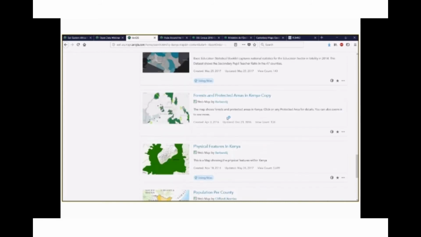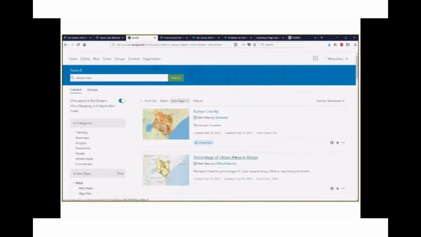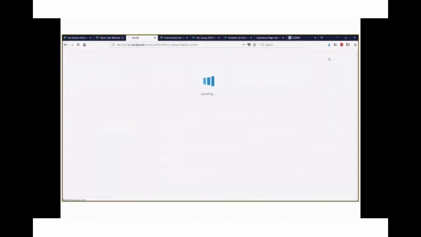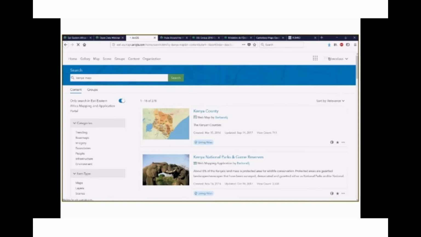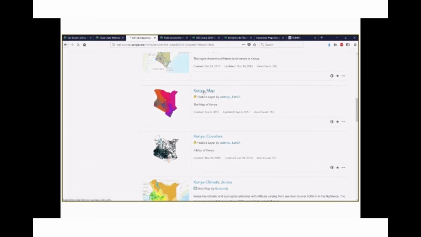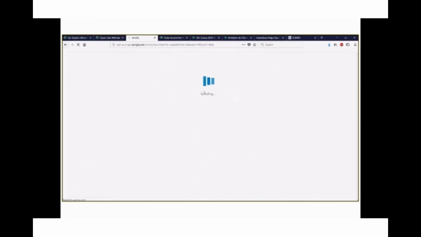I think it may be a bit hidden, but we will find it and we will use it. So let's find the first, which is, let's use this layer right here, the Kenya map, and then